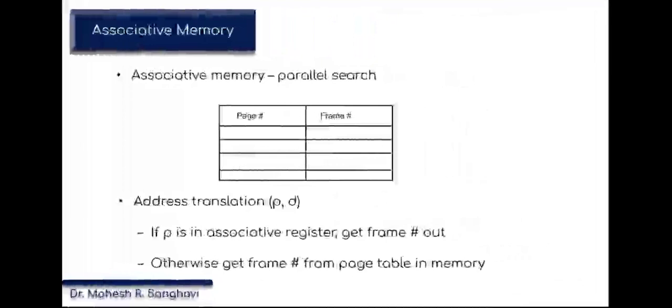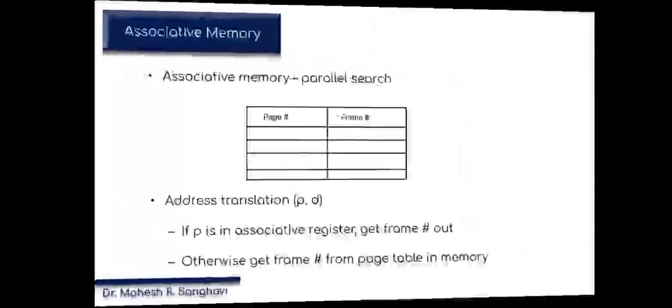Now looking towards the associative memory. Associative memory means we need to focus on the part that it has basically two fields. One is the page number, and another one is the frame number. As we are all aware, the page table is a combination of these two entries, the page number and the frame number. So ultimately the page number is mapped onto the frame number. That is ultimately P as well as D, which we have seen in address translation, and D is converted as it is into D, but P is converted into F. That is the main importance here. So what is associated here? P is associated with F.